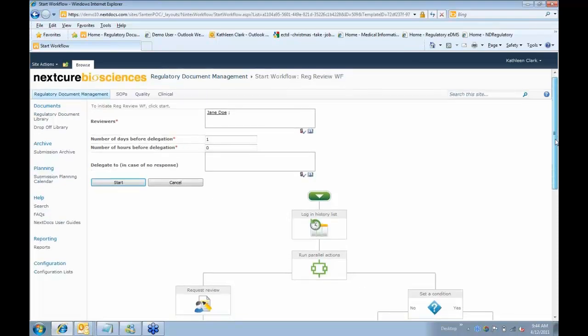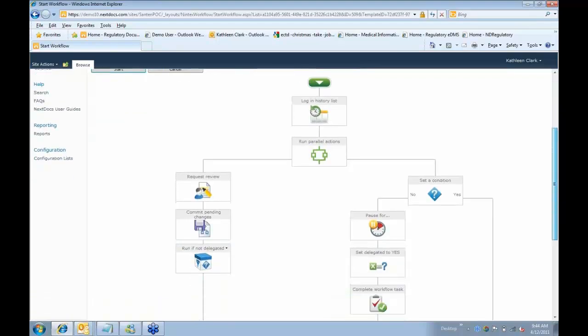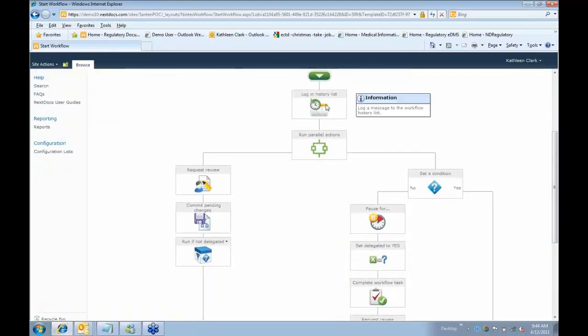And down below here, what you see is just a graphical representation of the workflow. So all of this is read-only. I can't change it. And it can be completely ignored, or if the person really wants to understand what's going to happen next, then they have the ability to look down here. And what it's telling me in this particular case is, in parallel, it's going to request that Jane review